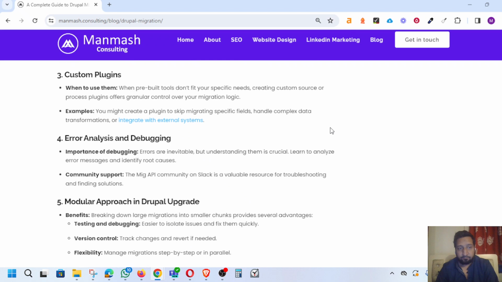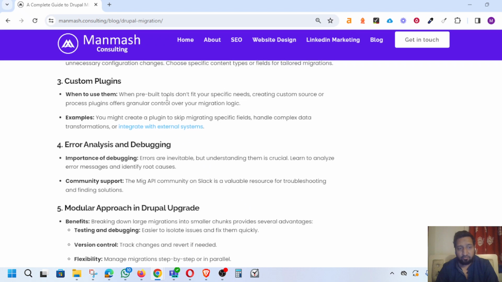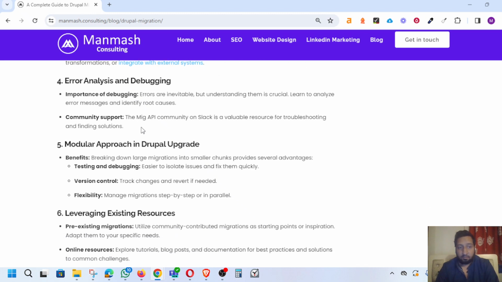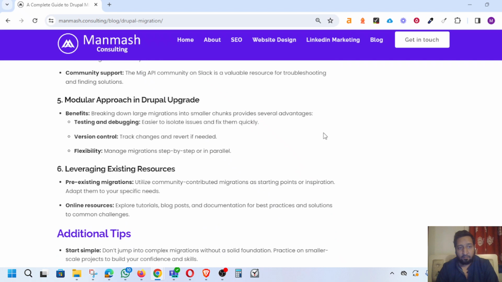And you can also use custom plugins. When pre-built tools don't fit your specific needs, create custom source or process plugins, which offer granular control over your migration logic. So for example, you might create a plugin to skip migrating specific fields, handle complex data transformations, or integrate with external systems. And some other configuration like error analysis and debugging, and a modular approach in upgrade, like breaking down large migrations